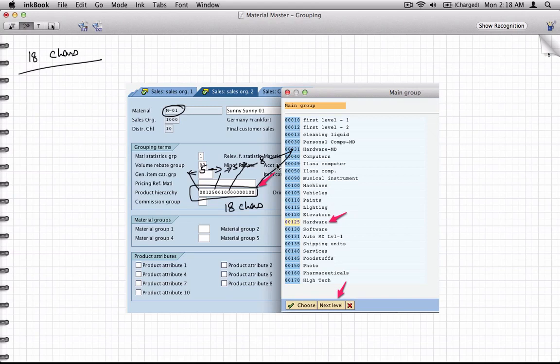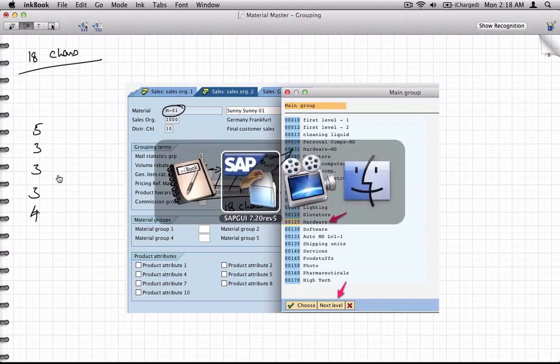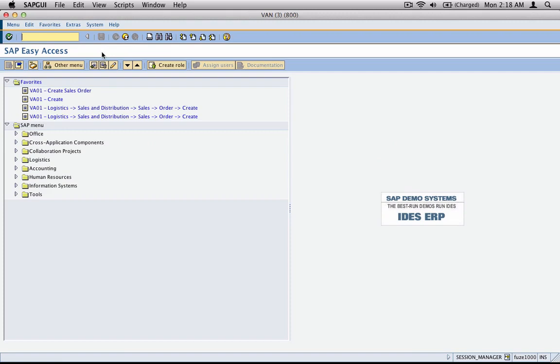Now this can be changed and customized to suit the requirements of the business. Sometimes companies want 4 levels, 5 levels of structure, so you don't need to stick with this 5-5-8. You can just say 5, 3, 3 and then 3. So what's that? 5 plus 3 plus 3 plus 3, a total of 18. You can do that. How you do that is ABAP customization, which we don't need to worry about at this point. What you need to worry about is how